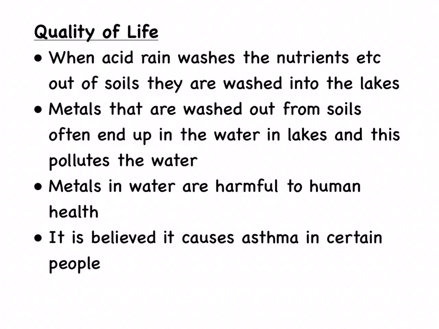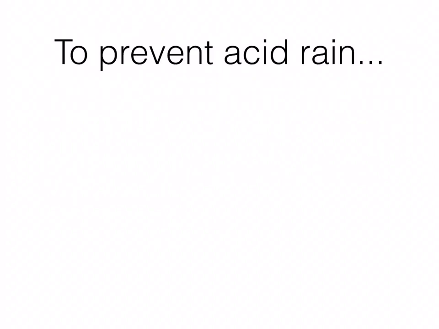The levels of metals in the lakes rise as well, because they've been washed out of the soil by acid rain. So obviously you have a normal level of metals inside the soil, but if a load of metals are washed out of the soil because of leaching from acid rain and they're washed into lakes, you have higher levels of metals in water, and that's going to affect our water quality. So all in all, acid rain is not a good story.